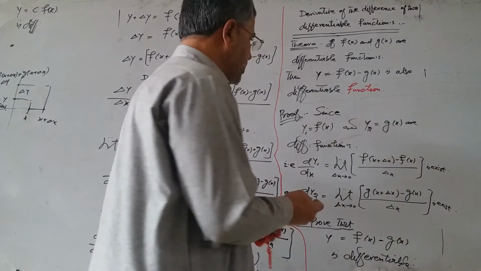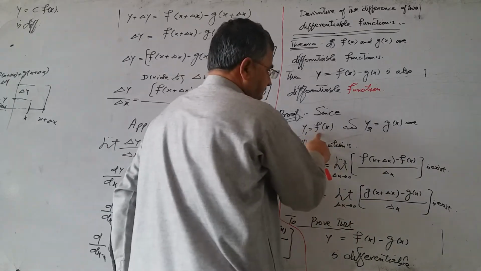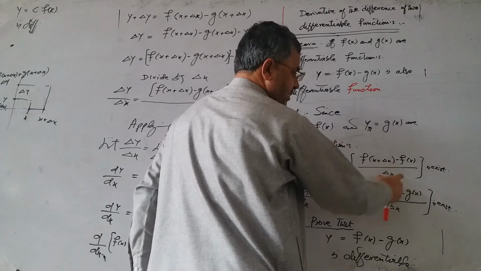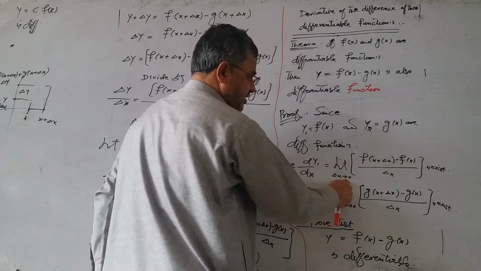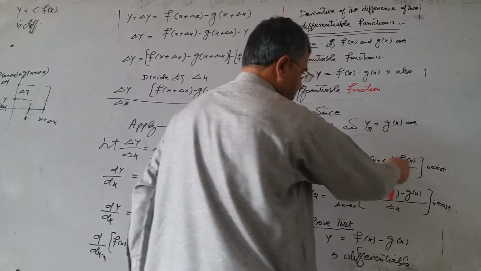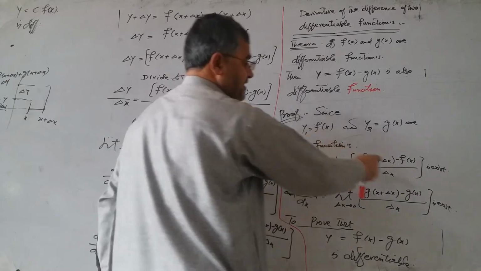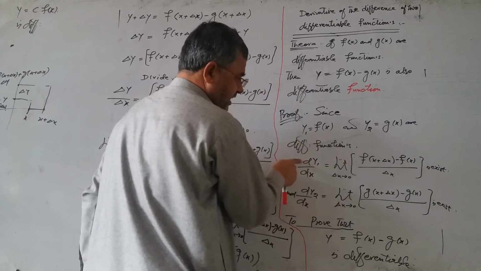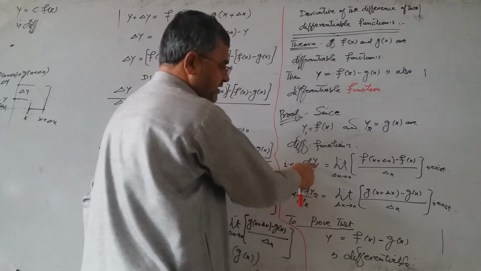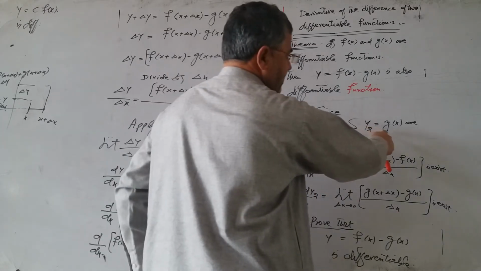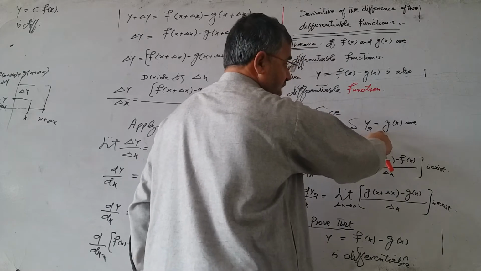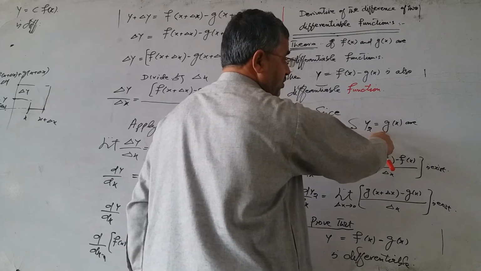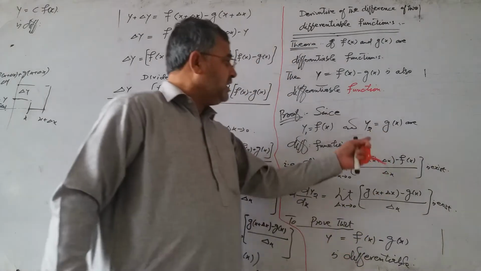functions, therefore the limit of f of x plus del x minus f of x divided by del x, when del x tends to 0, exists for the function y1 is equal to f of x, and is called the derivative of the function f of x and is denoted by d divided by dx of y1. And similarly the derivative of y2 is equal to g of x is also